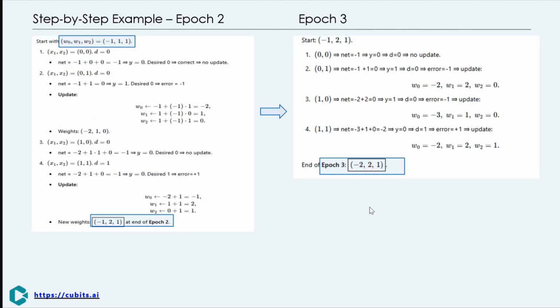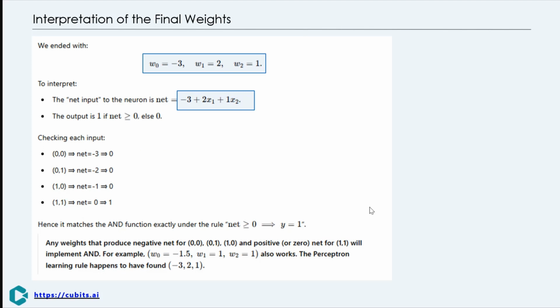So now we will perform epoch 2 starting with our new weights -1, 1 and 1. The weight updating rules are the same. If predicted is higher than observed, we reduce the weights. If predicted is lower than observed, we increase the weights. If they are the same, we do not adjust the weights. At the end of epoch 2, we now have a new set of weights -1, 2 and 1. We run the third epoch using these weights and receive new weights -2, 2 and 1. Continuing the same process for epoch 4 and epoch 5, which we recommend you do, we get the final weights